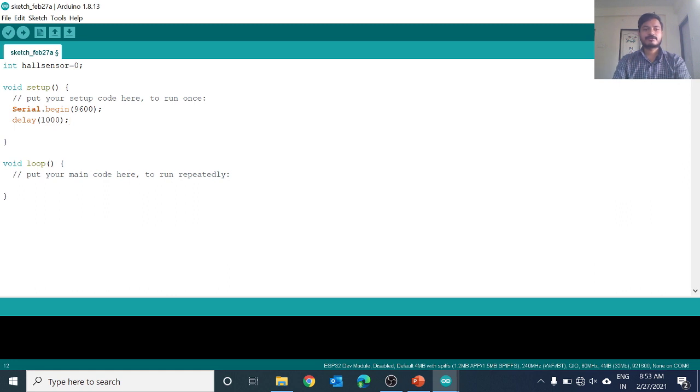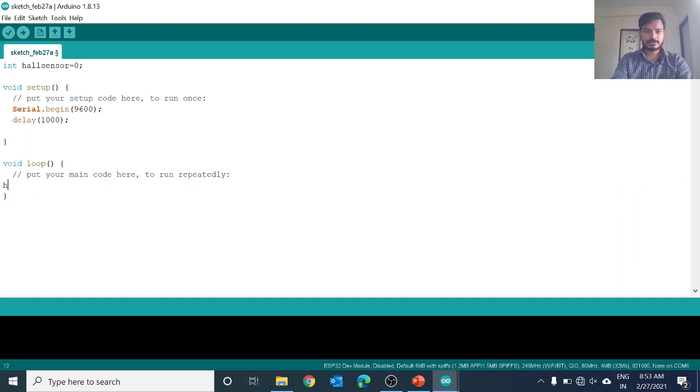Now you know that the code inside void setup will run only once, whenever you restart the board or press the boot button or reset button. The code inside void loop will run again and again, you all know that. I want to store the value of the Hall effect sensor in the variable that we have defined, that is Hall sensor.